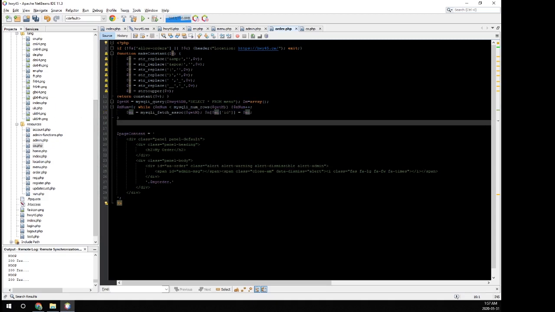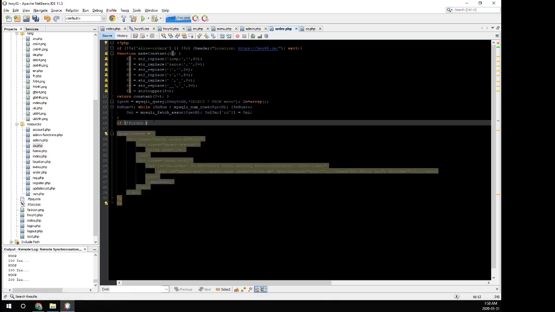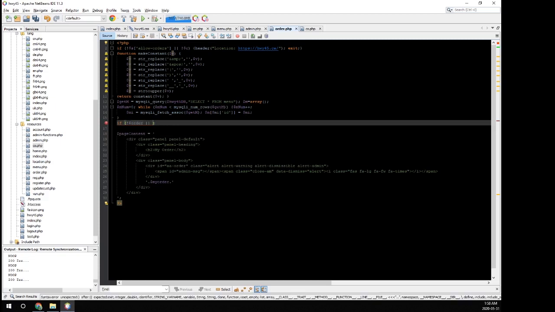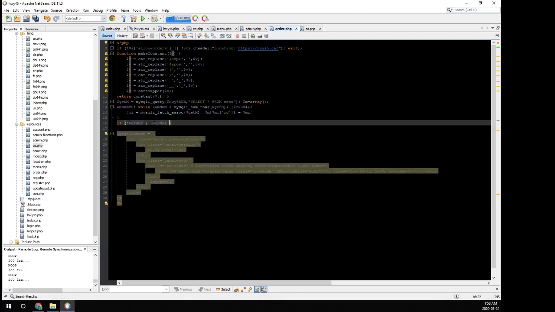So the next thing we want to do is double check to see if our order variable is there again. So if, but we're going to be doing the opposite here. So if no order exists, or, so double bar, $order is equal to null,